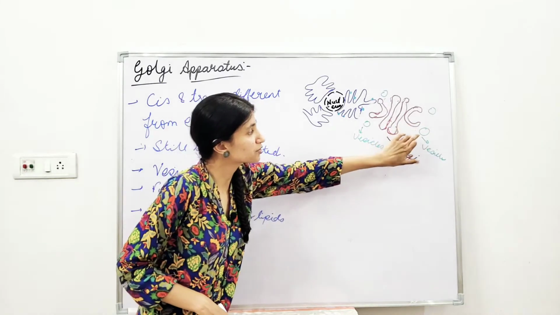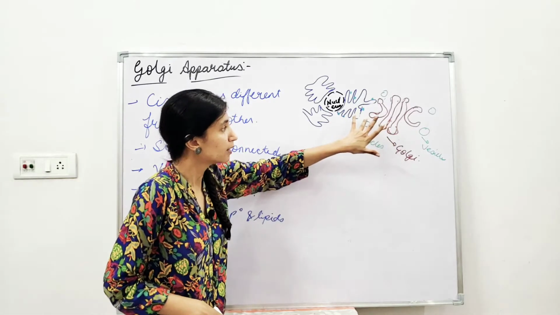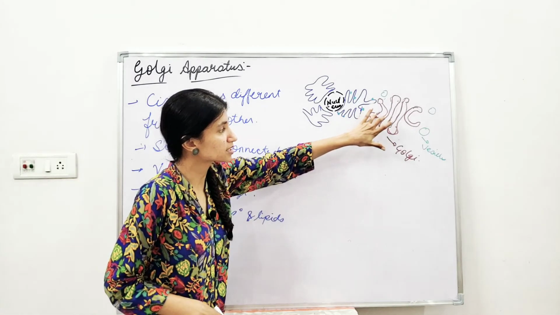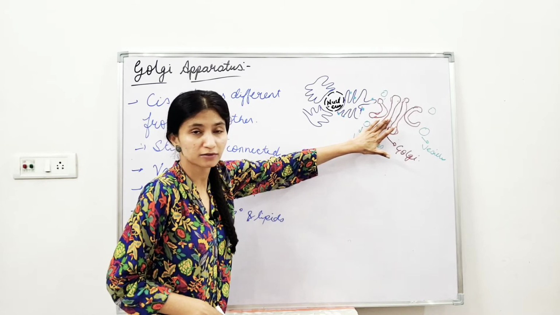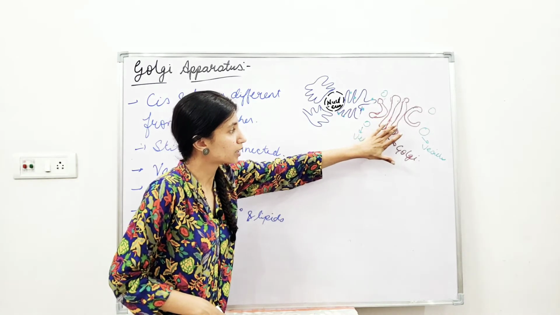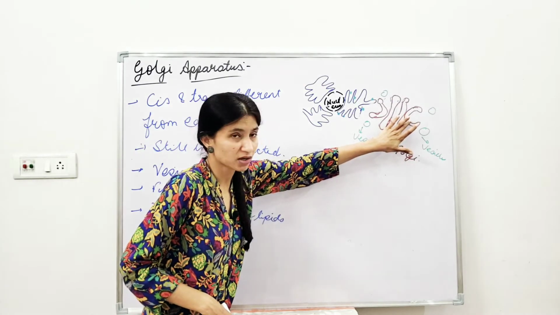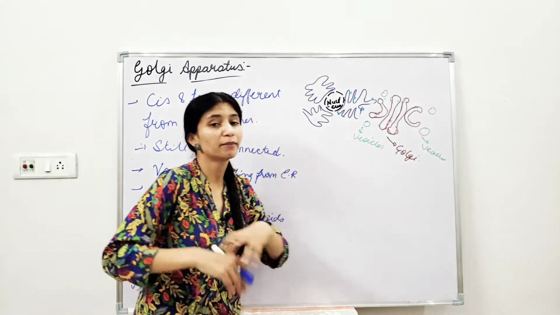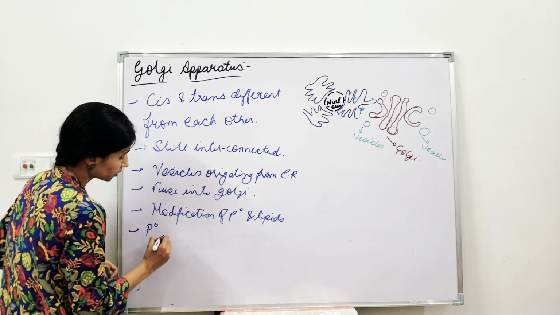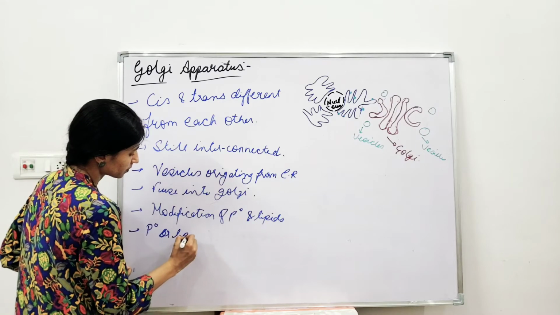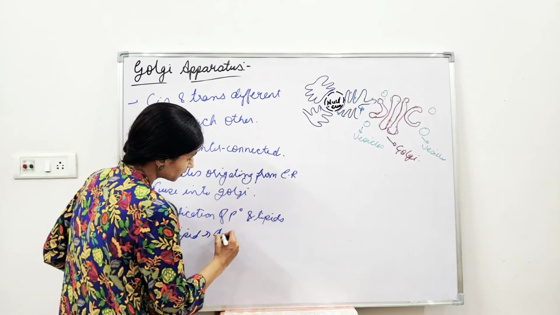Okay, so this vesicle over here and this vesicle over here are completely different. They both are carrying the protein, but this vesicle will go and fuse into the cis phase, then another vesicle will form and get fused into another lumen of the Golgi, another stack of the Golgi, then in the trans phase, and then it will come out with the modified protein, and that protein or lipid, I would say, what will happen with it is it will be dispatched to